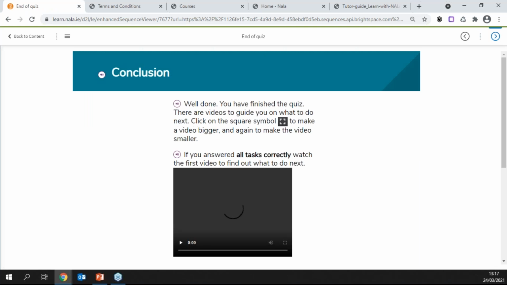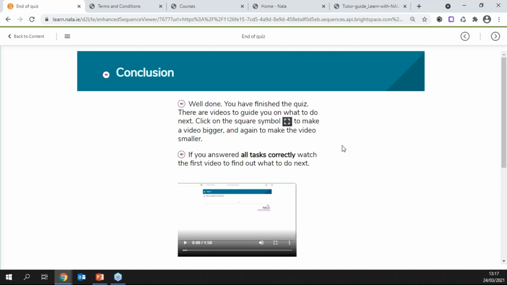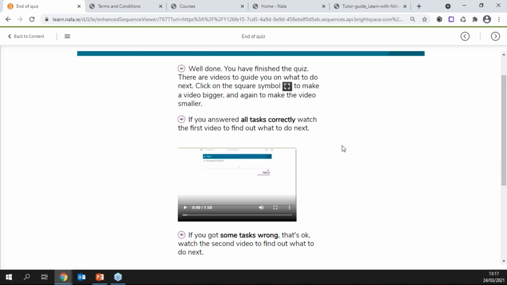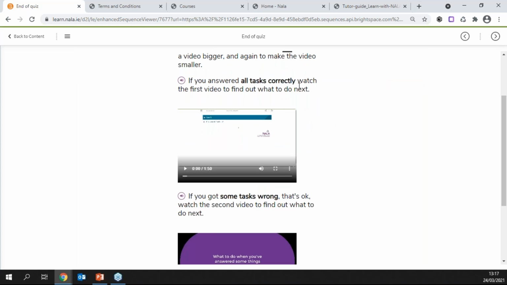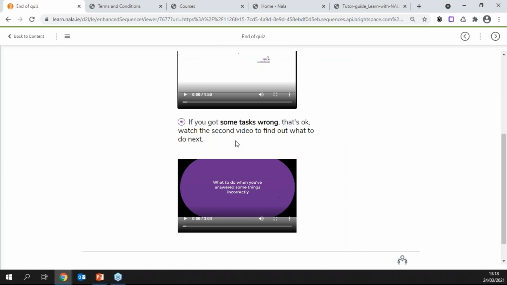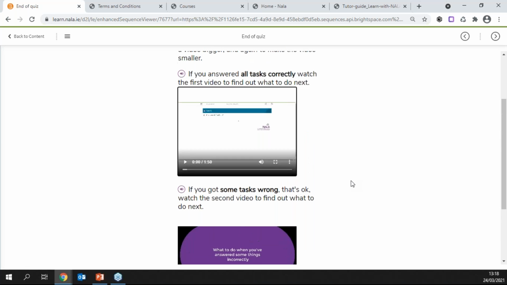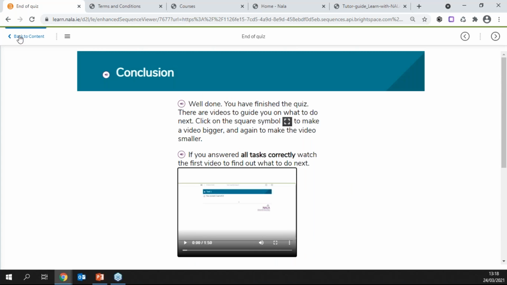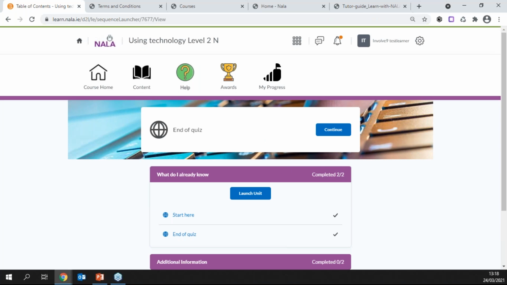And then if I go next, it tells me that I've finished that quiz. There are 2 videos. If I think I answered everything correctly, I can play that video and make it larger. Or if I think I got some things wrong, what I can do then, okay? And these videos explain how the learner can view their progress. So they explain that I can click on back to content and my progress,